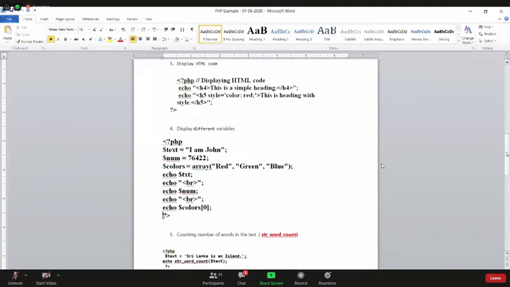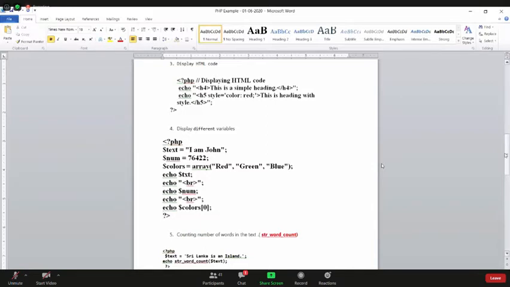Right, then next one, we have done some string functions. What are the string functions we have done? Can you remember in the first presentation? We did how to find the length of the string, right? If you have defined the string with a variable, then to find the size of the text, either a paragraph, you can write strlen, the string length, to find the length of the string.